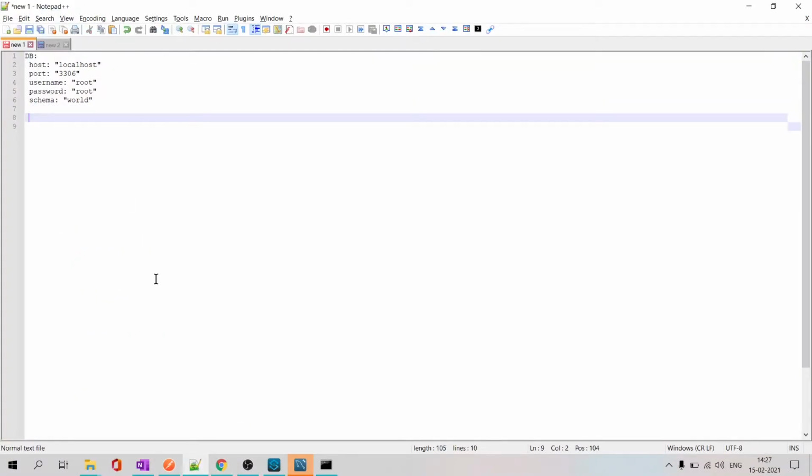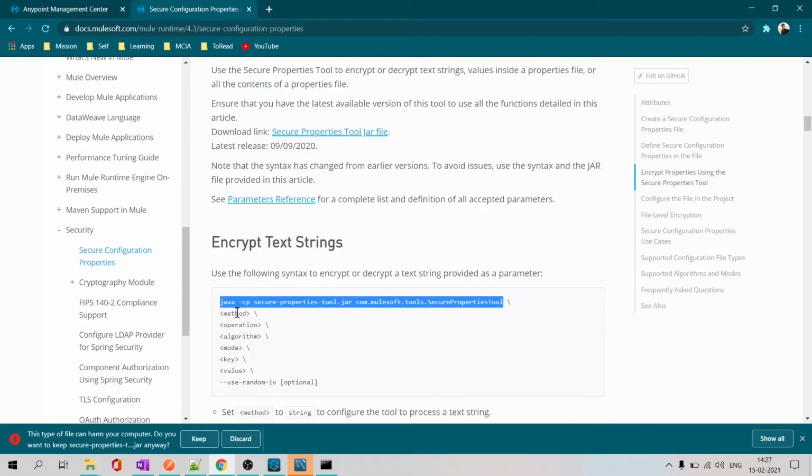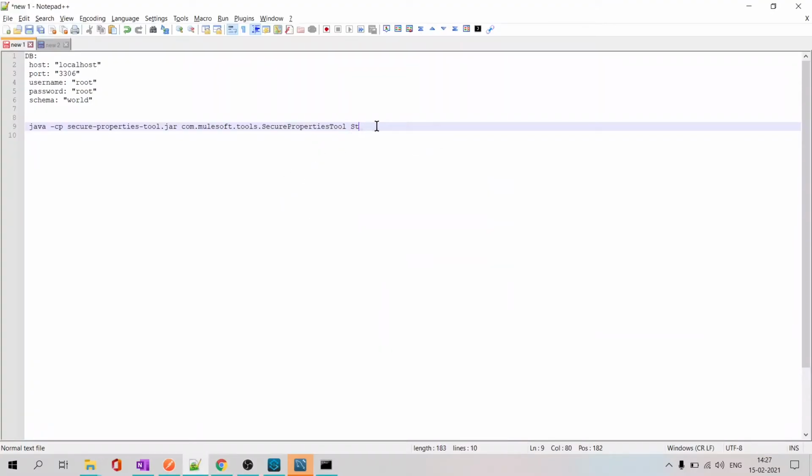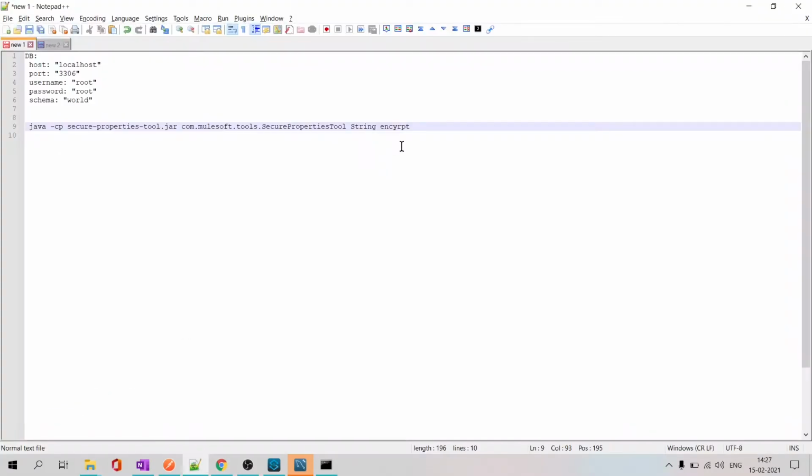Let us prepare our encryption command. Next should be the method, operation, and algorithm. Operation is to encrypt. Method is string, right? So we have to encrypt our string. It is encrypt, and we should select the algorithm.